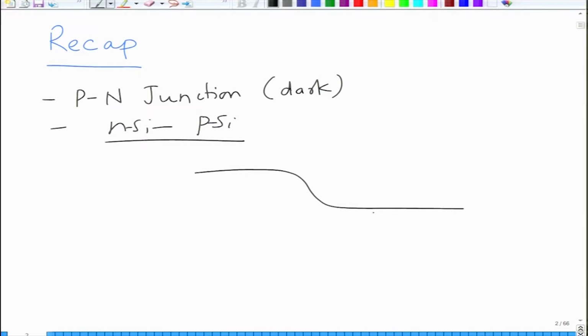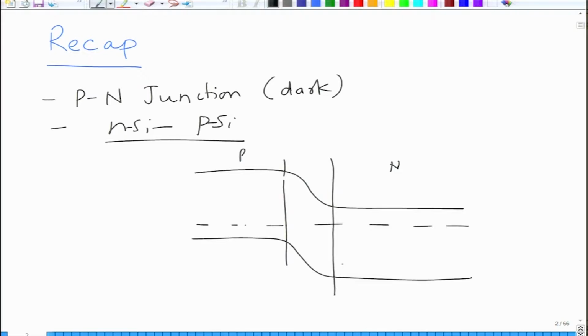However, because you have formed a junction, the junction shows a region which is called depletion region at the interface. So, this is for example the P and N, and this region at the interface is the depletion region, in which there are no free electrons, there are no holes. Basically, this is the interface. If this is the N side, you are going to have donor atoms here, positively charged.